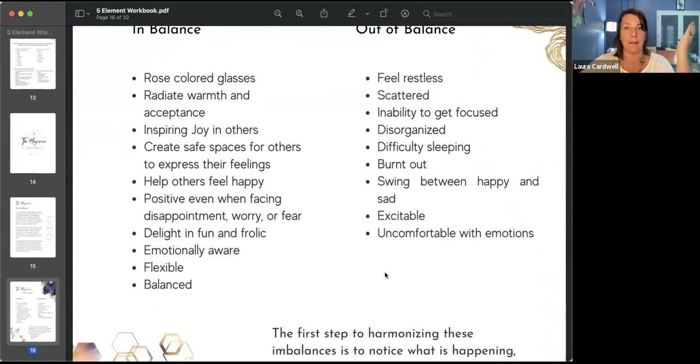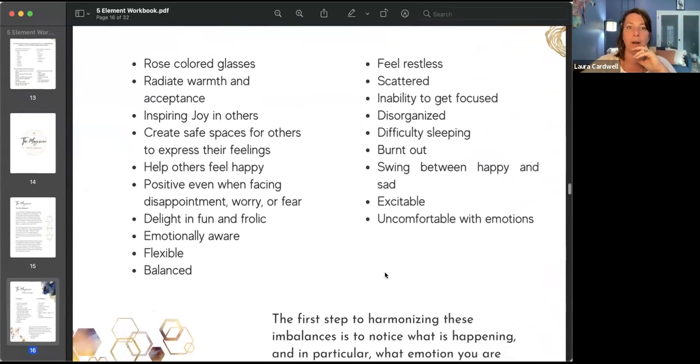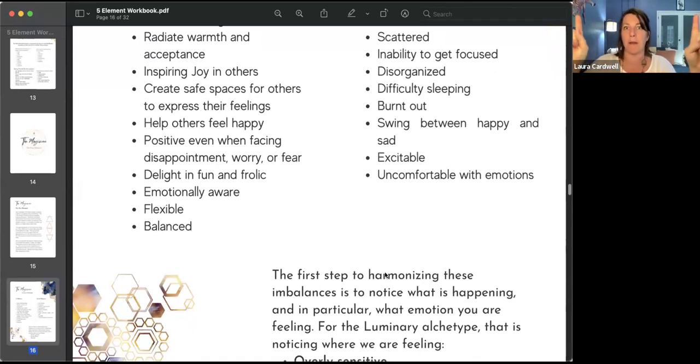So in balance, they tend to have a really warm energy, rose-colored glasses, I like to say. Everything is very optimistic. They're joyful. They're just full of joy. They create safe spaces for others to express their feelings. They help others feel happy. So they kind of are contagious to others when they're in that joy and happiness. Joy and happiness are two different things, by the way. Joy is a state of being. Happiness is an emotion. It moves. But you find them together often where there's deep joy, there's often contentment and happiness, right? Well, content is also a state of being, but